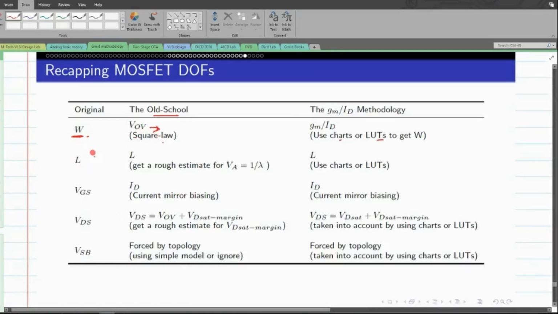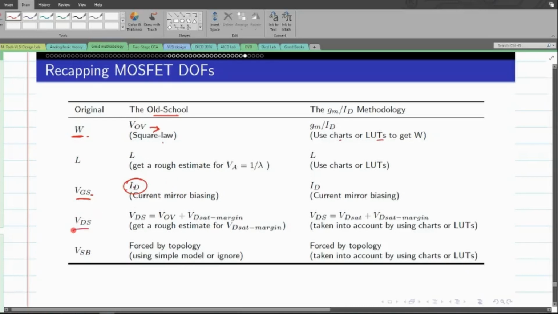Generally the length is derived directly from the spec. So we make use of the charts based on the value of VA that is required, and we can actually get this length. The next thing is the VGS. As I said, the value of VGS is not directly used as a variable by the designer, but rather they use a current. Just because there is a one-to-one correspondence between the VGS and ID, we can replace this VGS with a current, generally because all analog circuit designs are built using current biasing circuitry.